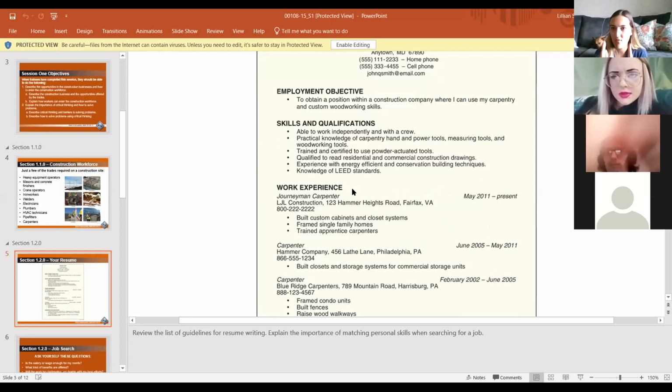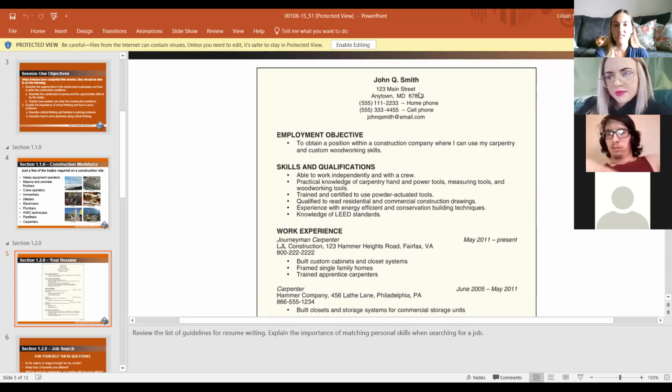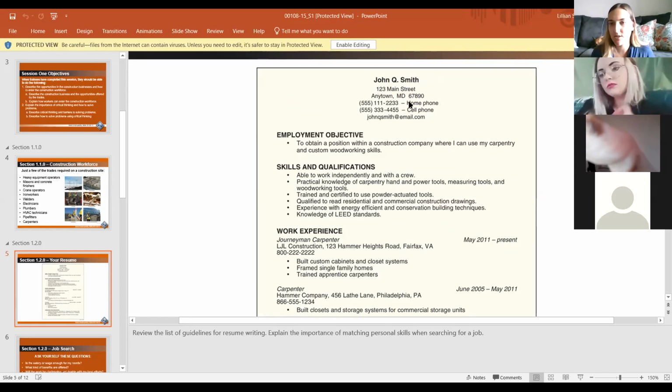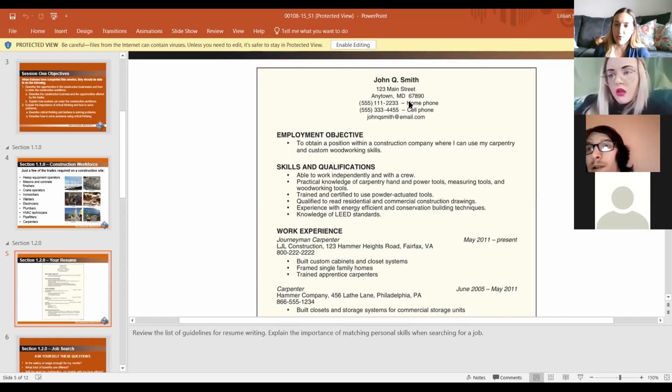You don't have everything down the center of the page. You know, you're really doing your best to condense things to get them nice and professional looking. You'll see at the top, you've got the name. You can put your address on there, not totally necessary to put your address anymore. Definitely put contact information. Make sure your phone number and an email is on there so that an employer can look at that and contact you if they want an interview, right?